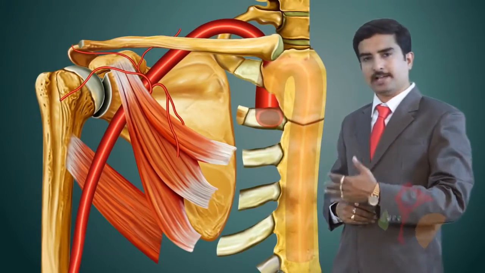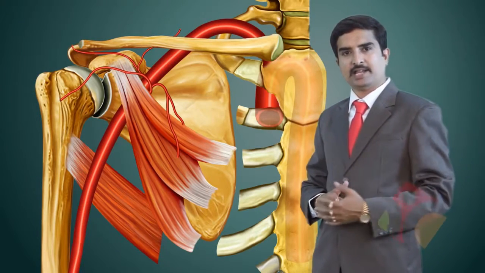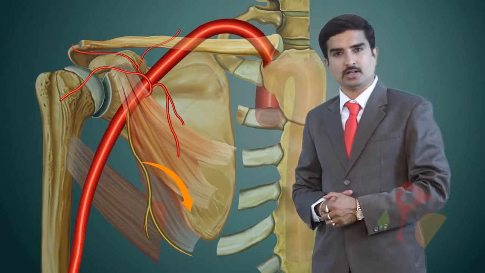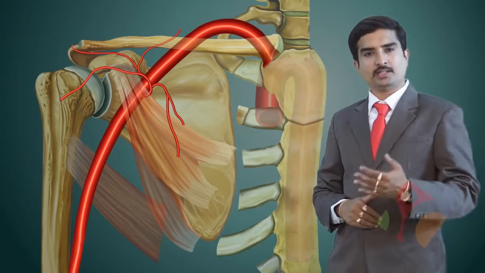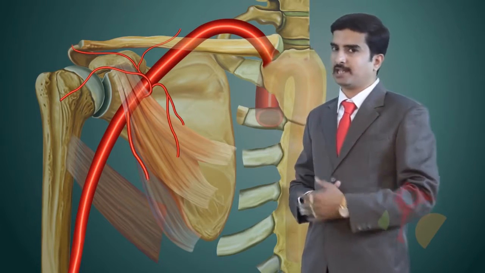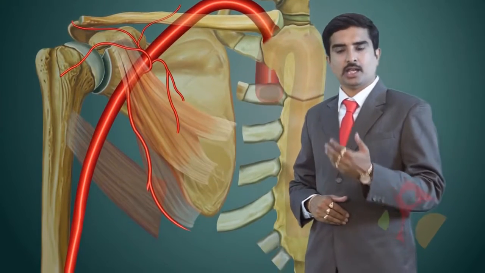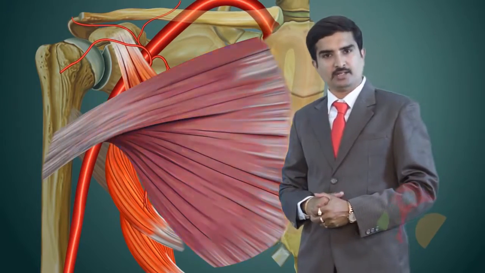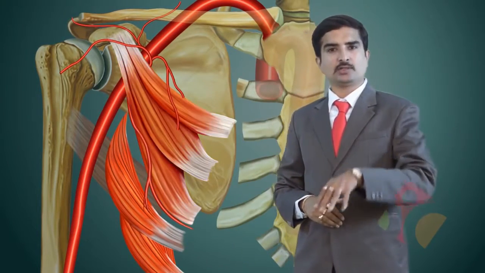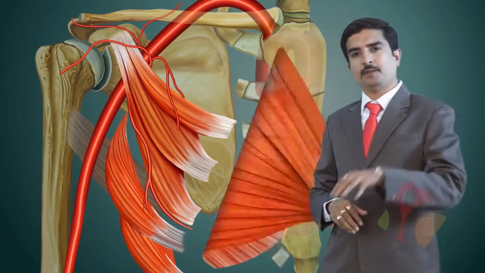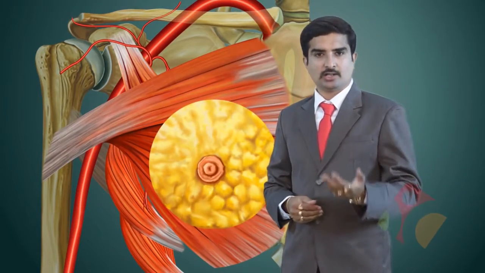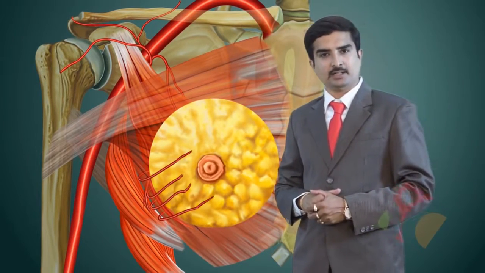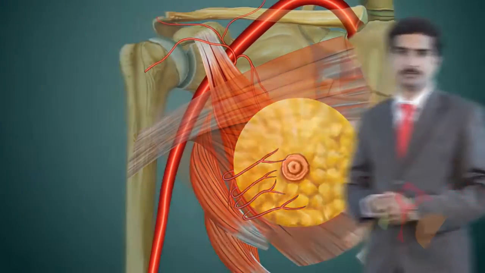After knowing the thoracoacromial artery, now let us see the second branch arising from the second part of the axillary artery, which is called the lateral thoracic artery. This lateral thoracic artery arises from the inferior border of the pectoralis minor muscle, where it runs along the serratus anterior muscle and supplies the pectoralis major as well as pectoralis minor muscles, and also the serratus anterior muscle. But in females, this lateral thoracic artery is larger and it forms an important blood supply over the lateral aspect of the mammary gland through its lateral mammary branches.